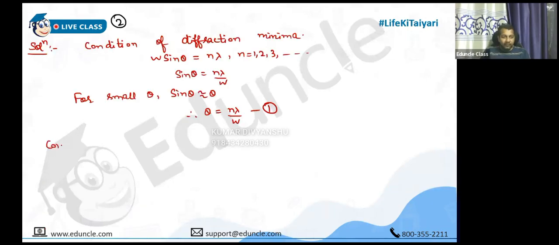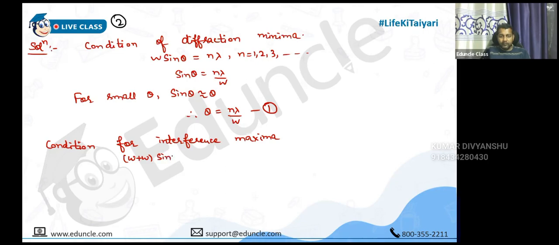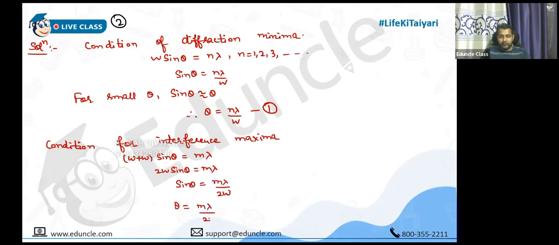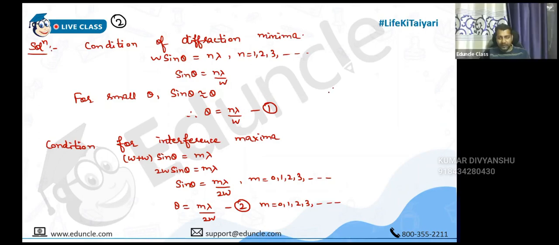Okay, let us find the condition for interference maxima also. You will get to know. (a plus b) sin theta equal to m lambda. See, if m is 2, then this coincides with this, na? Okay, but of course here the allowed values are this. So it means the intensity will be 0. Clear? Because at these positions, diffraction minima will coincide with interference maxima, na? So therefore at theta equal to